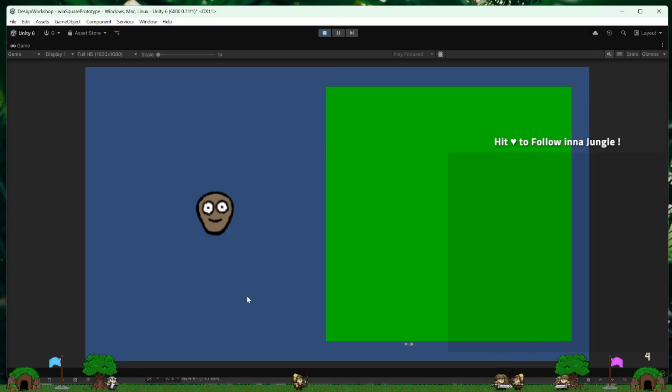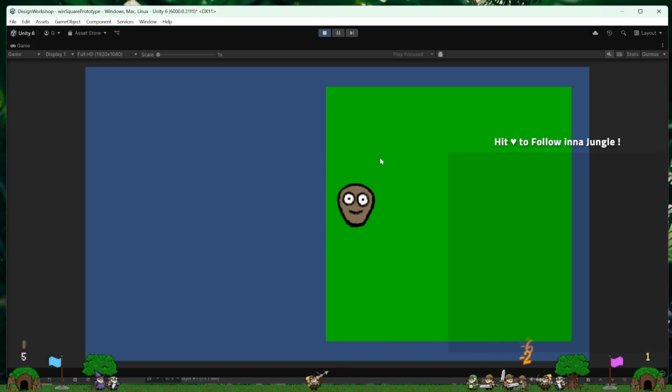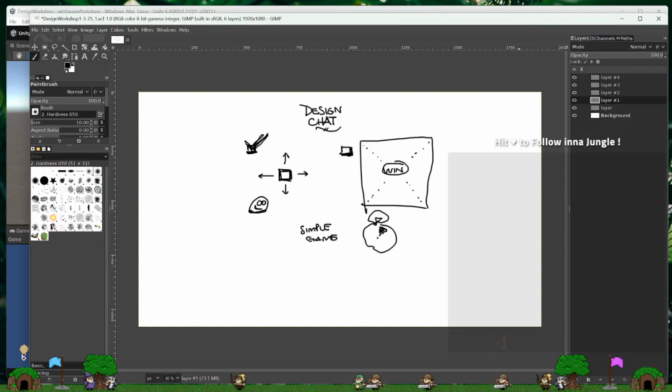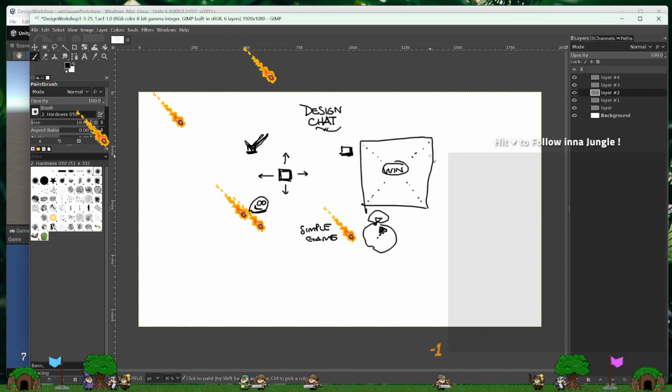If we know this and we've been playing around with it, we can kind of feel like this will work okay. We have other things to work out in terms of this win square, but there's a couple of things that could work pretty well. Let's write these down. We know that we like what's going on so far.